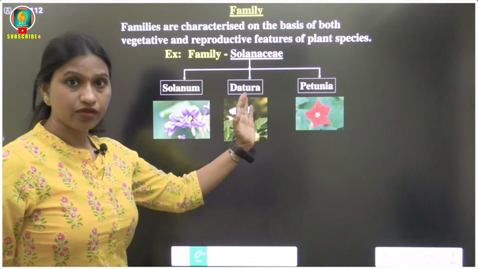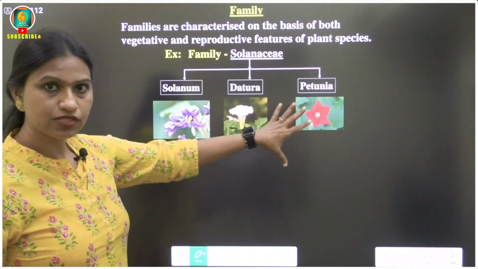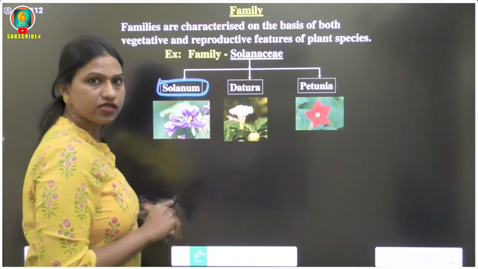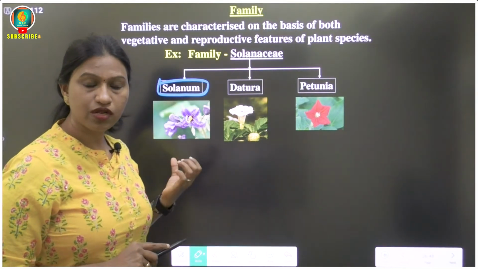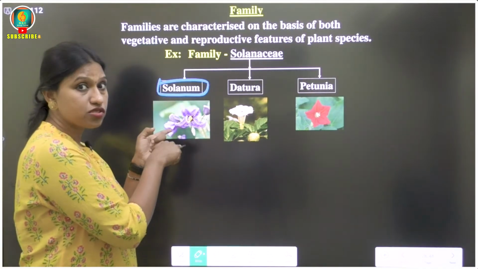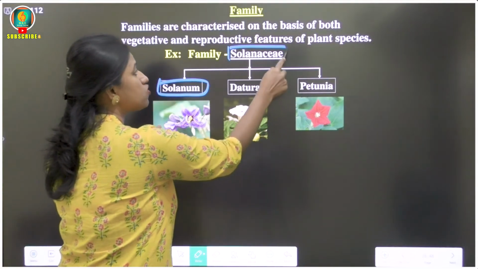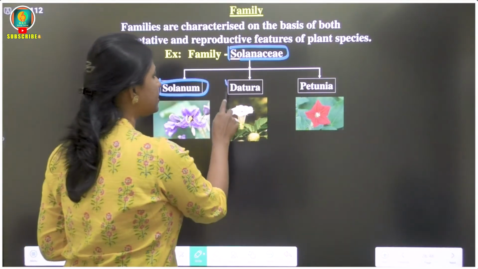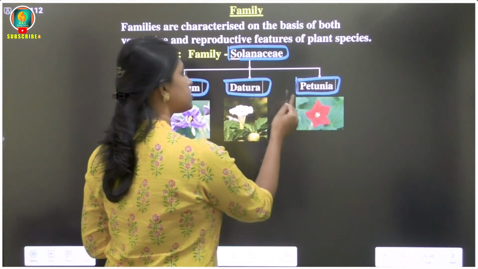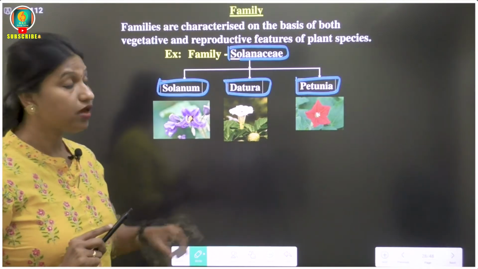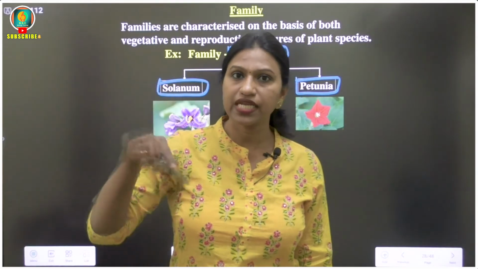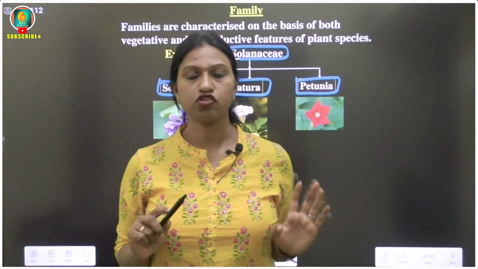As we move up, especially in plants, if I consider the family, Solanum is a genus. Just now we talked about the brinjal as well as the potato tuber. Both belong to the same genus, Solanum, and come under the family called Solanaceae. Like that, Datura is a separate genus, but comes under the family Solanaceae. Petunia, a different genus, comes under the family Solanaceae. Remember, you shouldn't forget the Solanaceae family because you have to study it again in the 5th chapter,